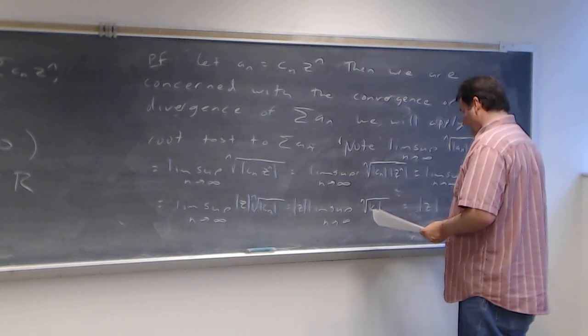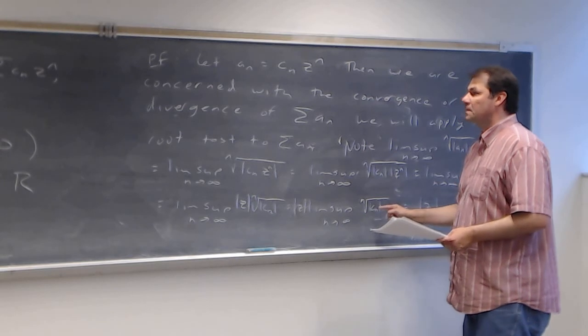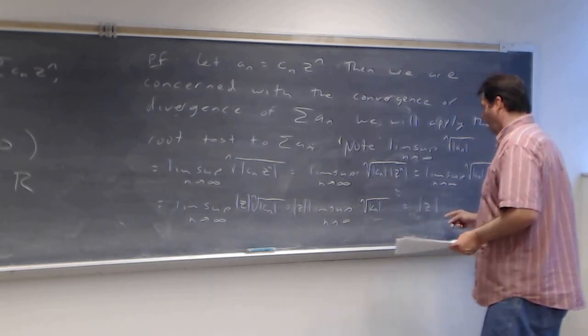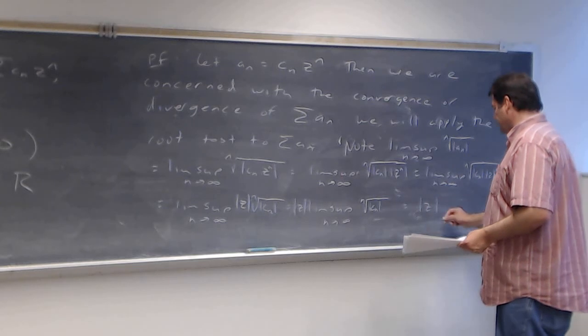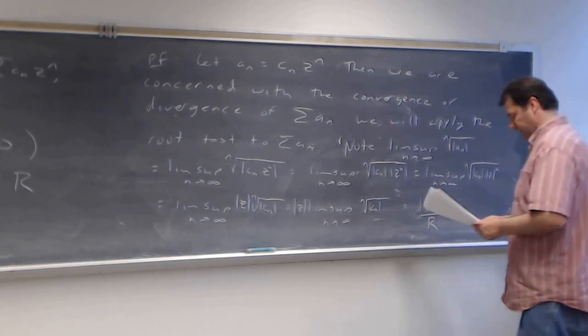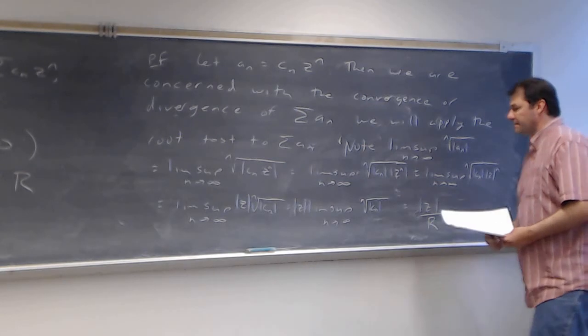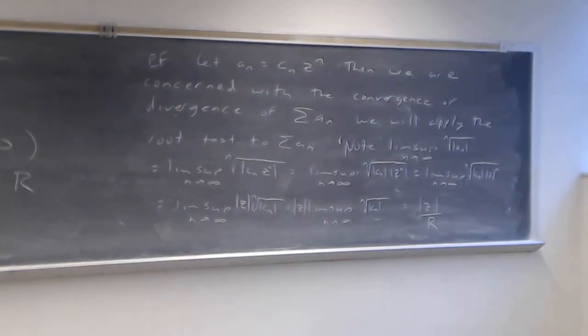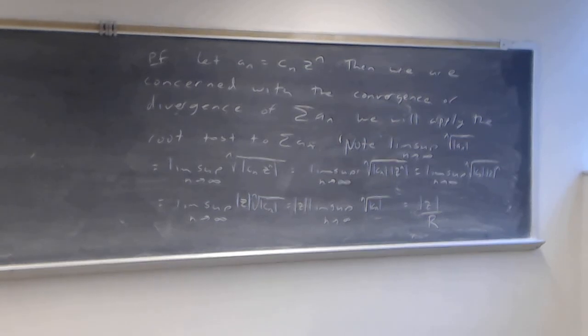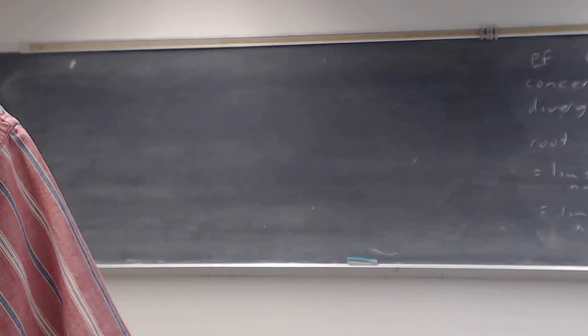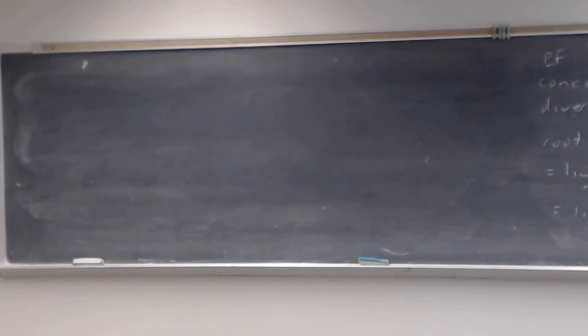And then this is the alpha, and so R is equal to 1 over alpha, so this is really equal to norm of z over R. And then by the root test,